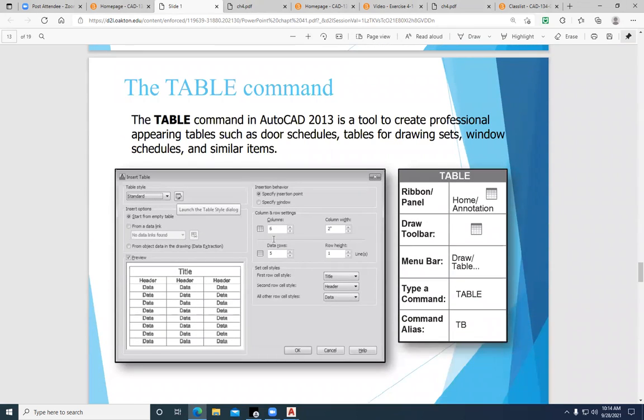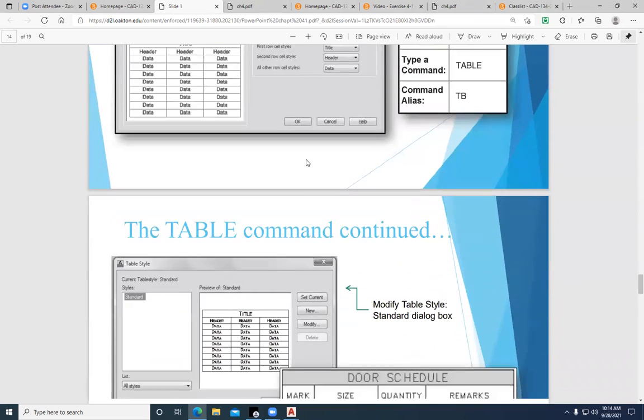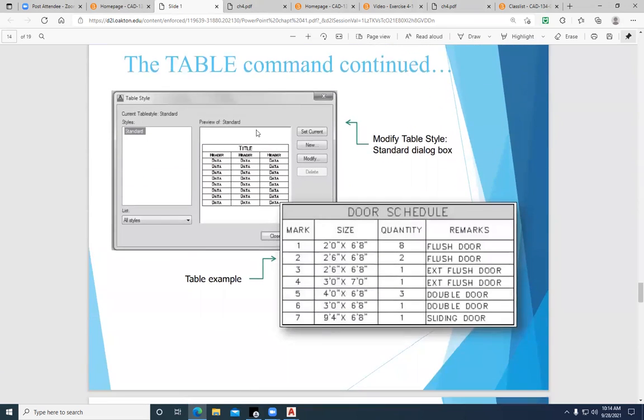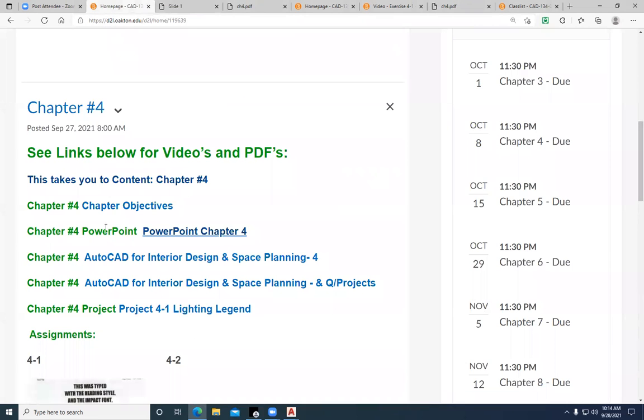Remember, if they find words misspelled, they'll start to think that maybe there's something wrong with the drawing. You can also create these tables. And so tables are bonus in this assignment. But if you want to create a table, what you do is you go to the home page here, you go to the content section,